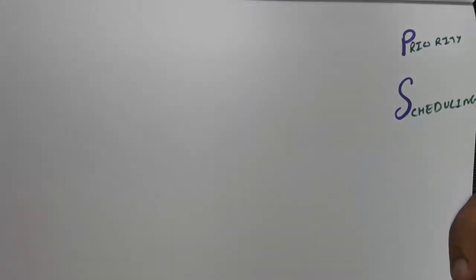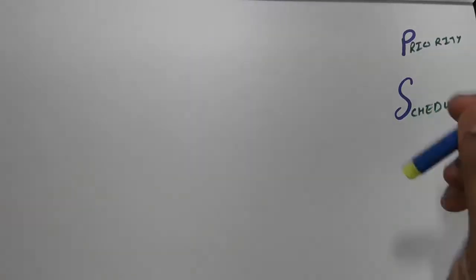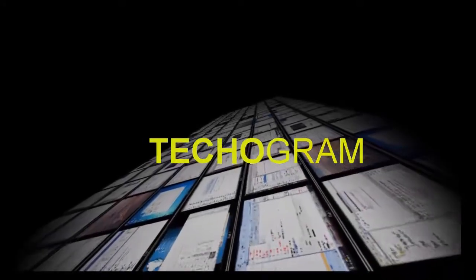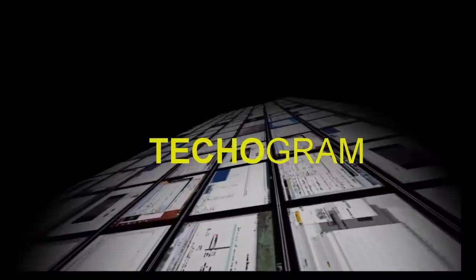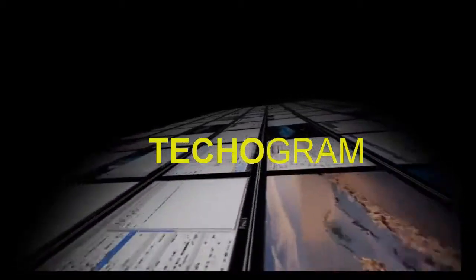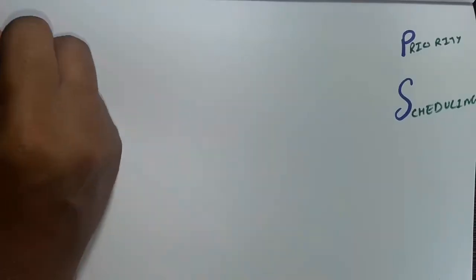Today we're going to learn the fourth method in our CPU scheduling series, which is priority scheduling. So let's get started. So the question is,